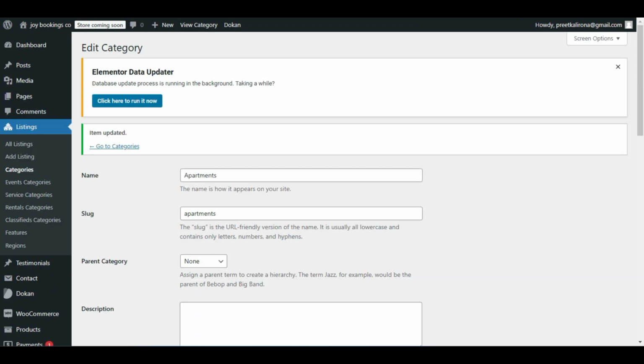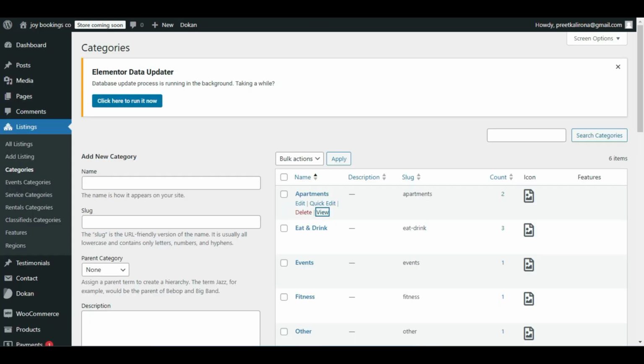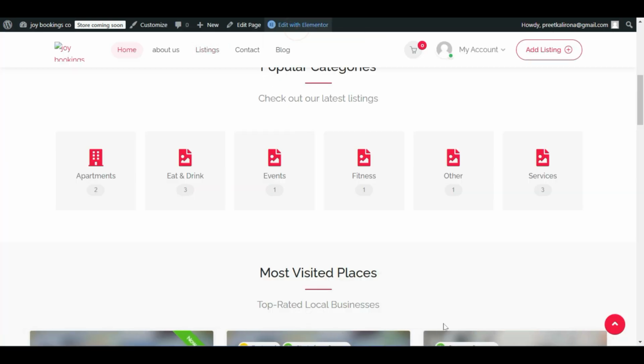Go one by one category, go back to categories, go one by one category and provide your icons. It depends on your business. Okay, let's go ahead, edit with Elementor. If you want to add some more stuff, how you can add,